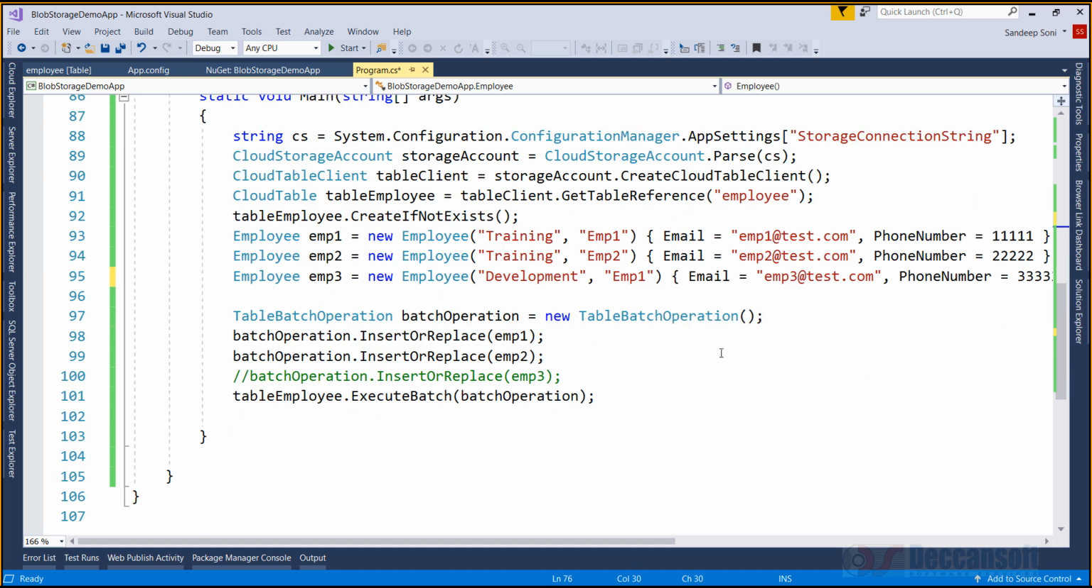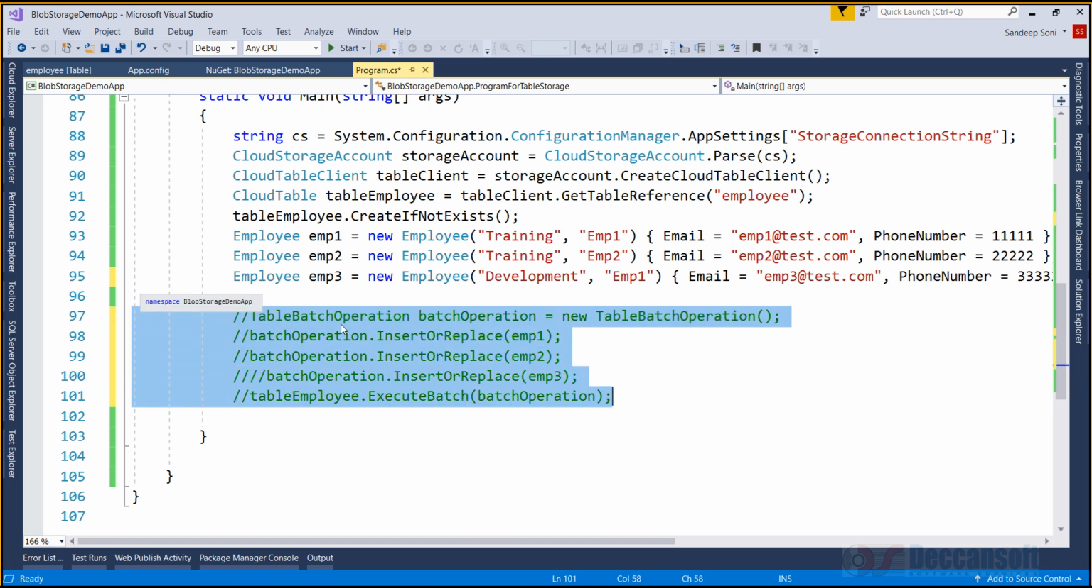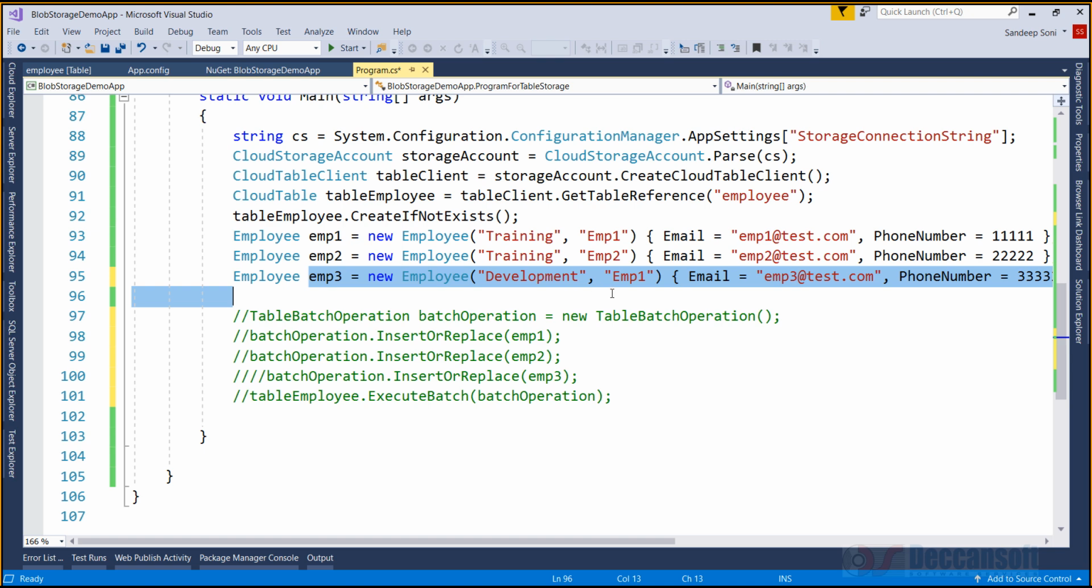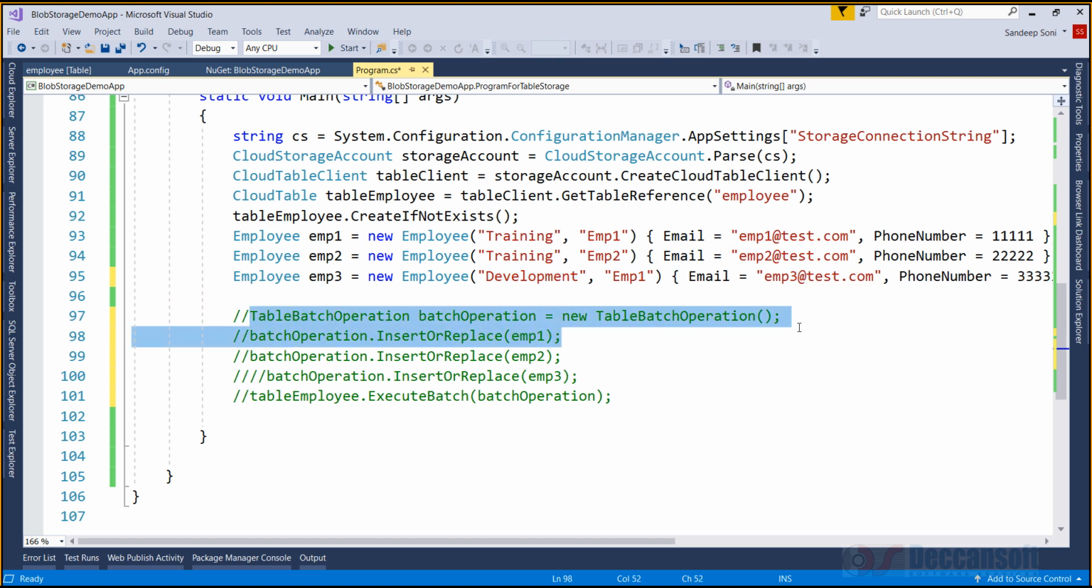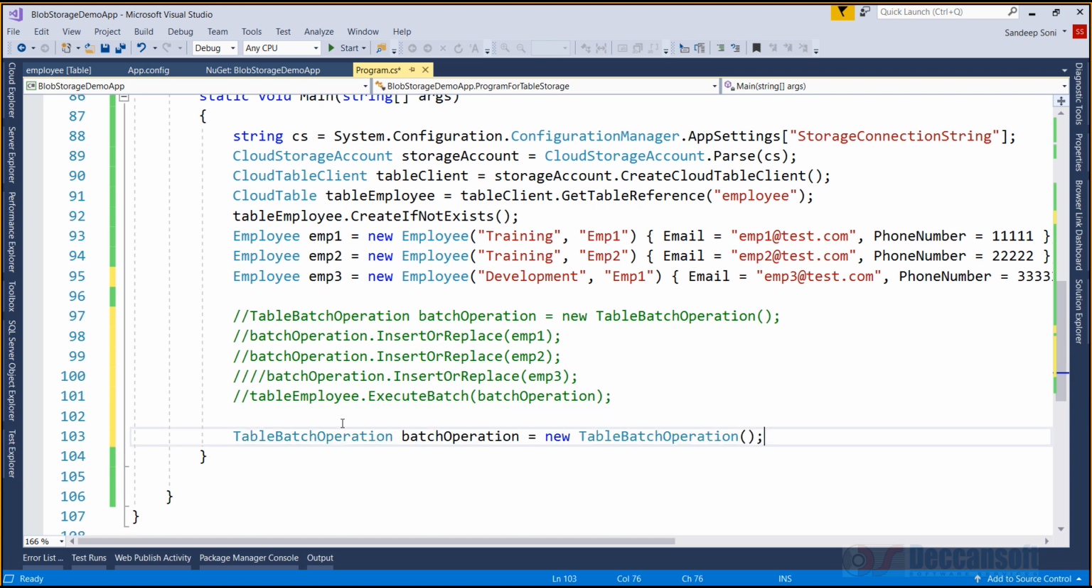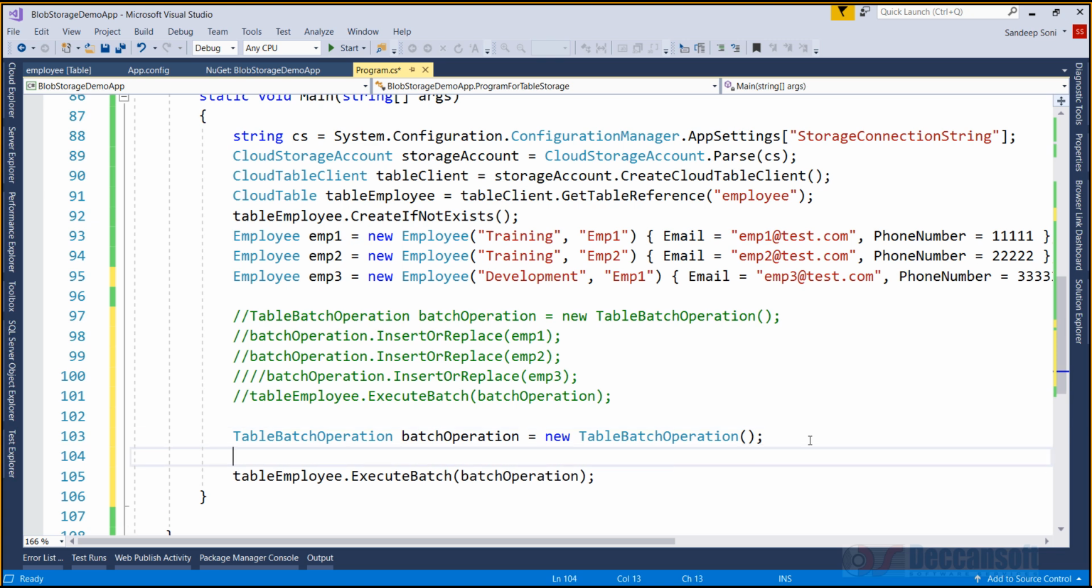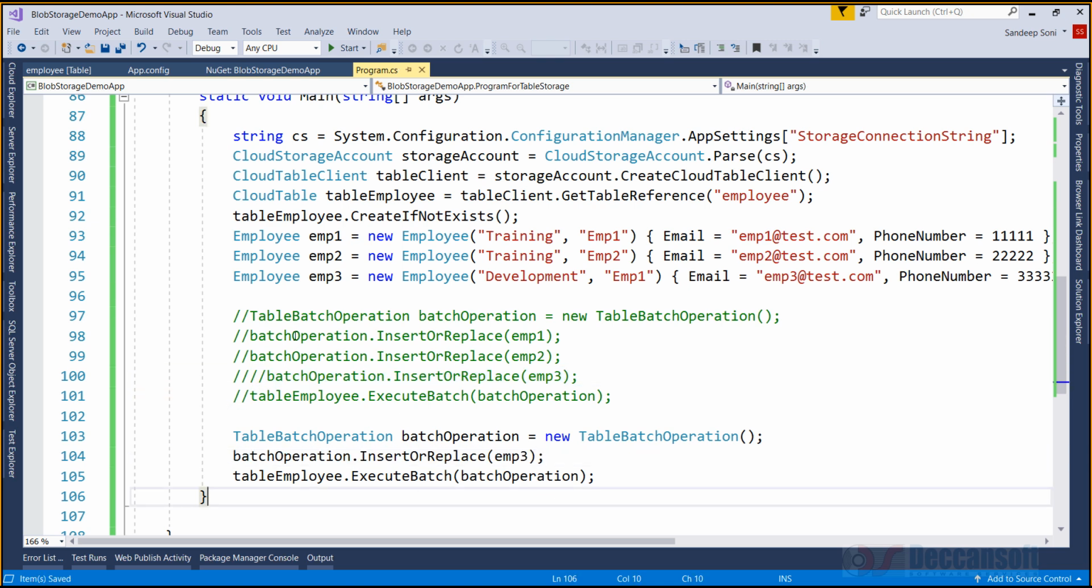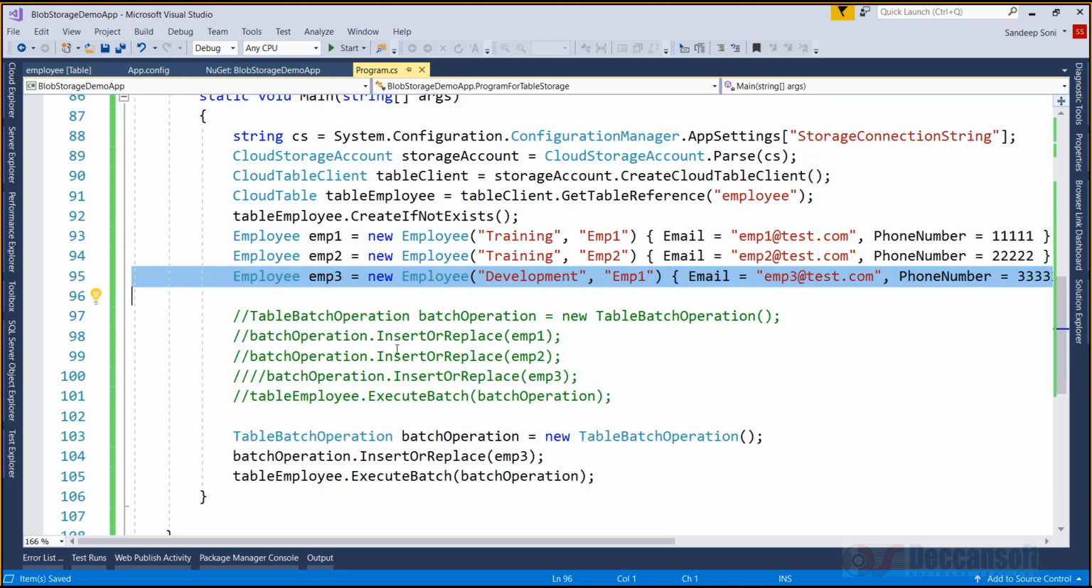So now how to execute this? This is already completed. We can comment it off. How to execute the data for the third? We'll have to create one more table batch operation. We'll need this also. The table client has given us the table reference, and on that table reference we have to execute the batch. And in between I would add the third employee. If you want, you can have multiple objects of this also. Nobody would stop you. Now if I run this program,